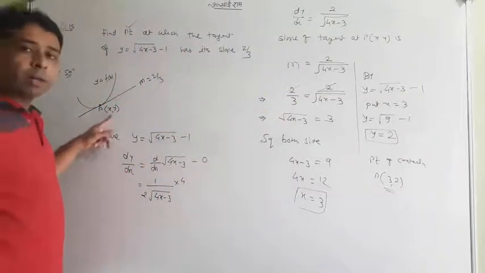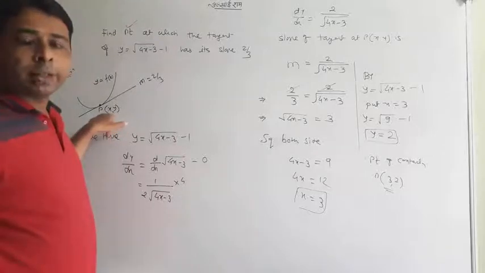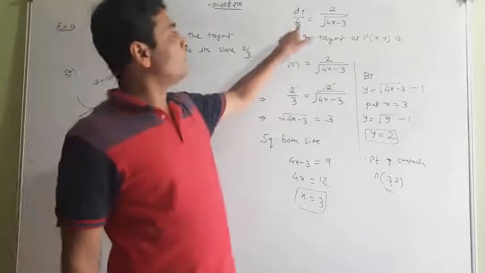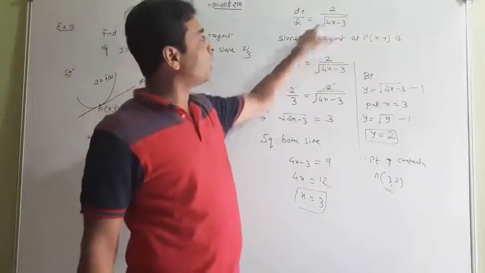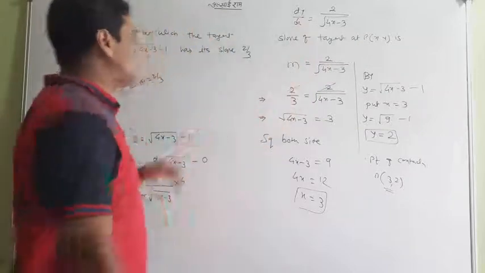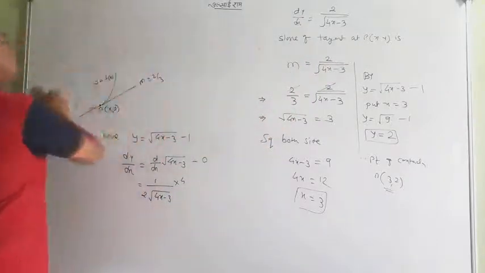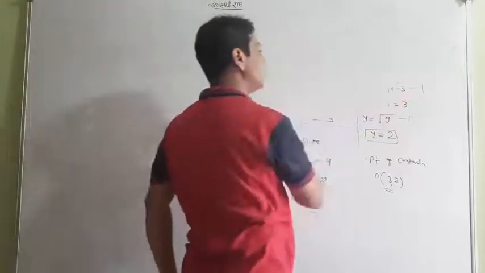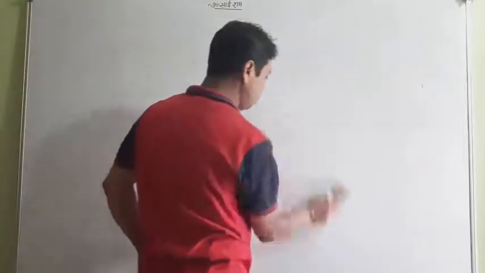Keep in mind, whenever the point of contact is not given, I will always take x, y, because after doing differentiation I need not change that, and exactly at point P(x, y) you can say it is m. So keep remembering that. Okay, this was example number 15. Now let me go ahead. I'm putting example number 16 for you.